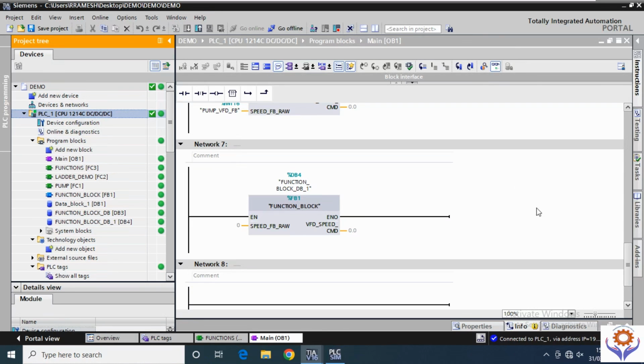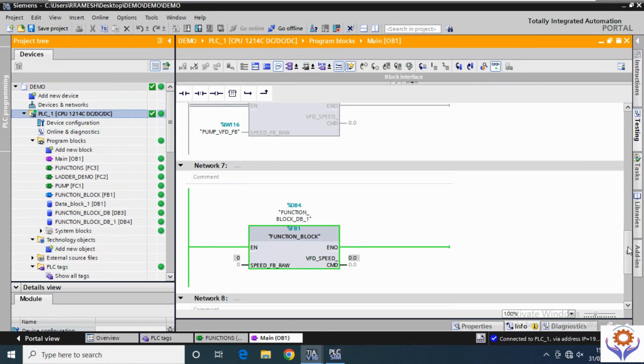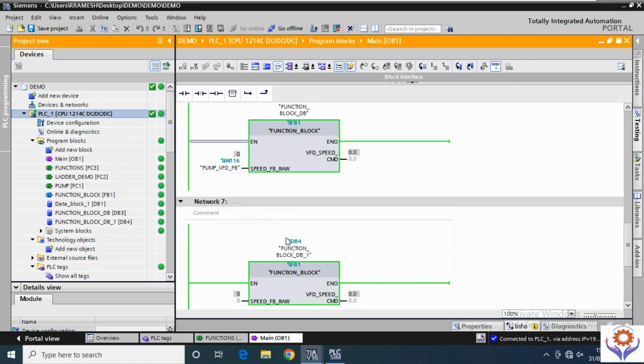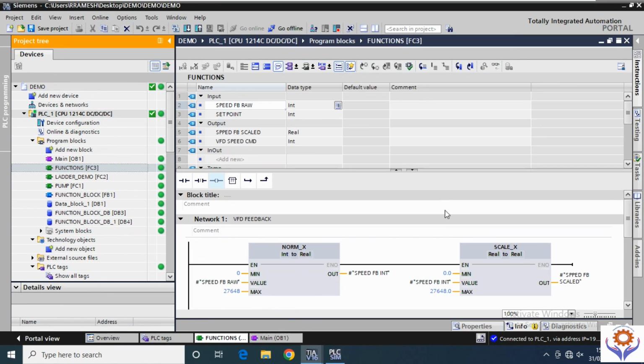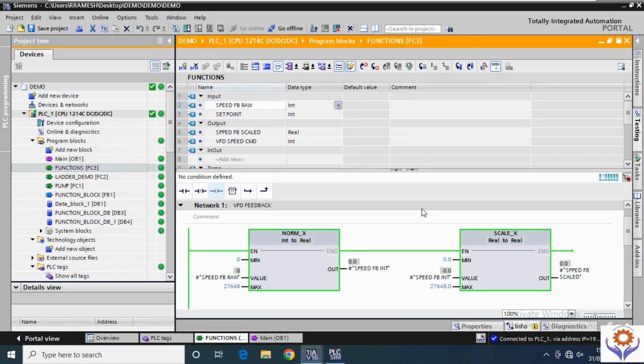And now I am watching the main OB1. See the difference, function and function block. These both are function blocks. If you see the value, this function and function block, you can see here. If I click the function, if I monitor the function, you don't have any values. You cannot see them in the variables because this is a function. And if you click the function block,